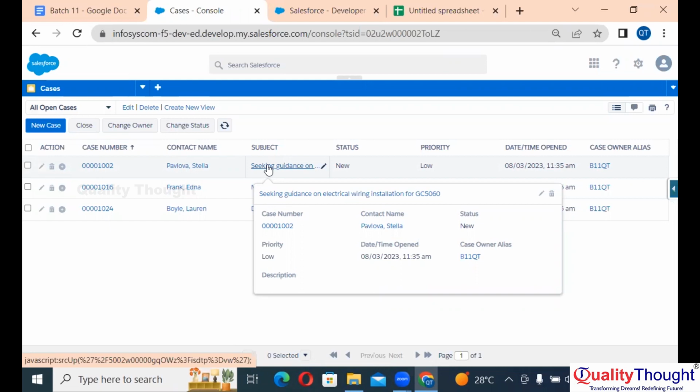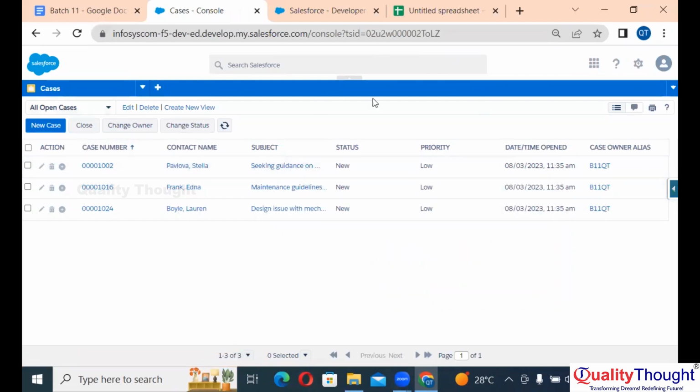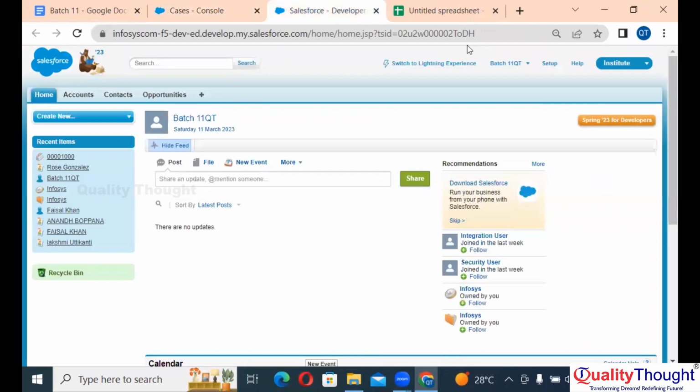That was in classic. Okay, sorry, that was in lightning and this is in classic. Okay, classic look console application will look like this, whereas in lightning, if I shift to the lightning